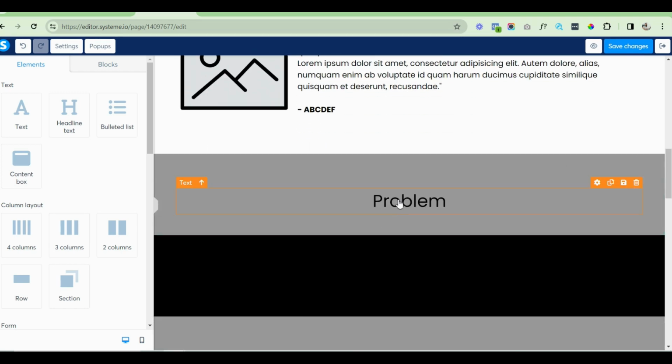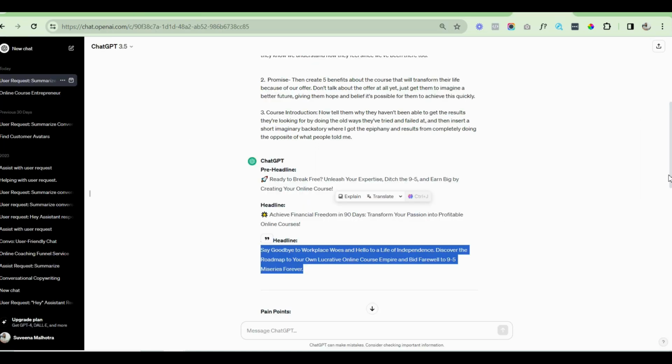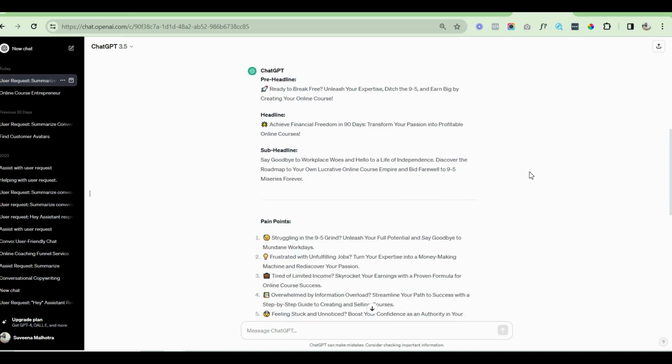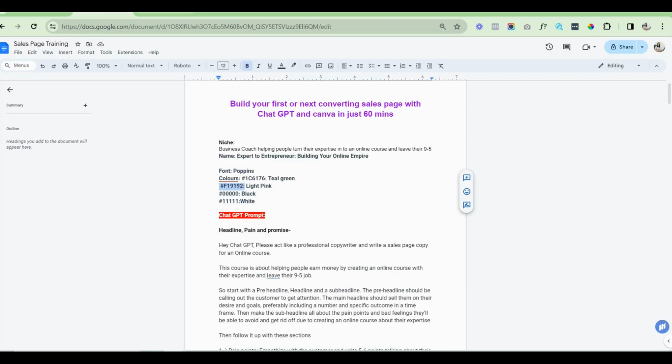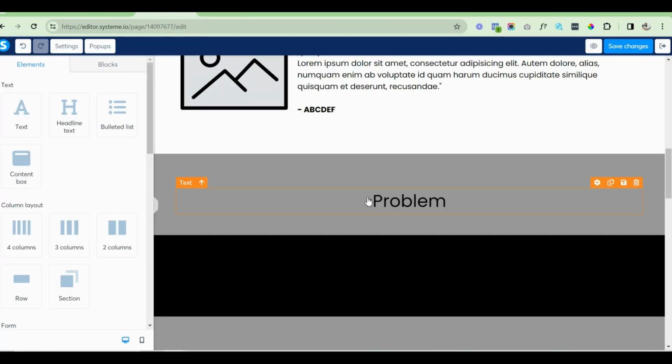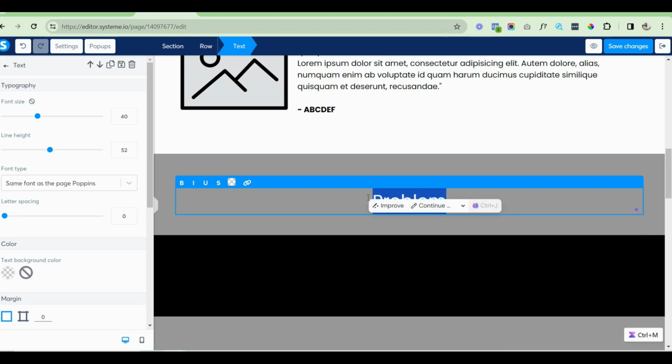So then the next section is we are talking about the problem, right? So the problem prompt we already have from ChatGPT, the pain points. So these are the pain points. So let's just start with the heading. The heading will be, are you struggling with,